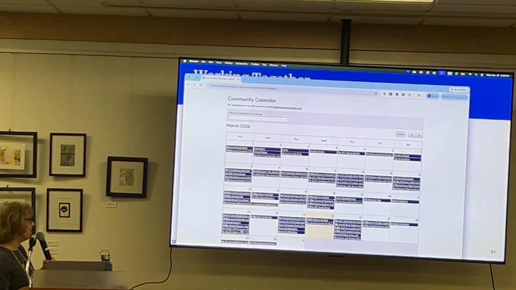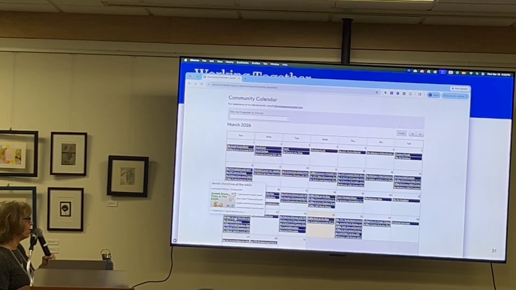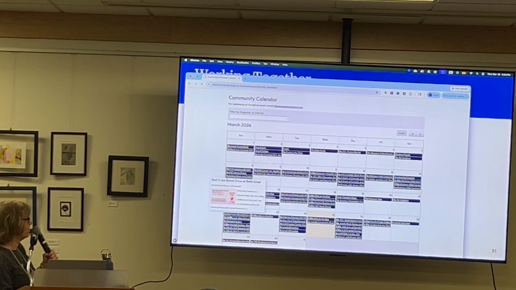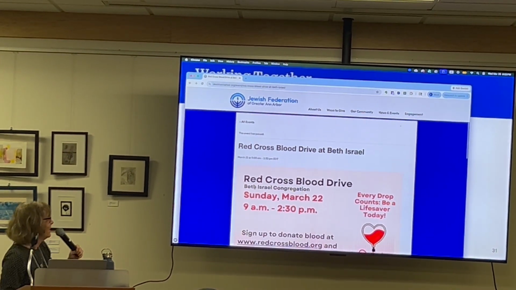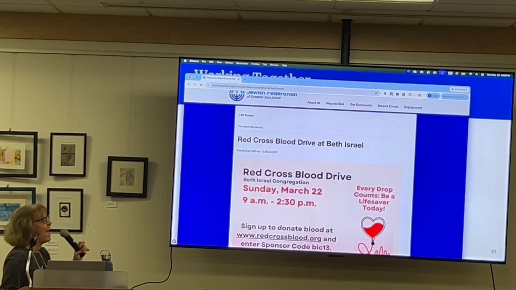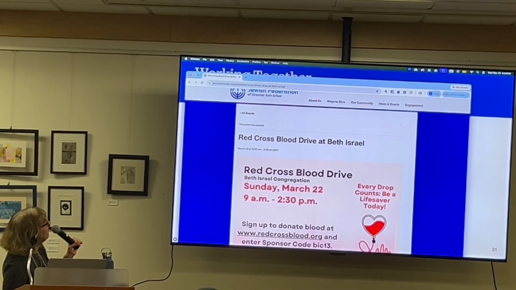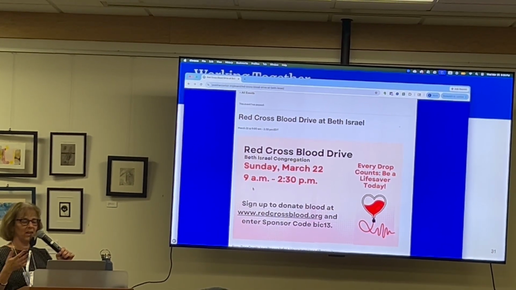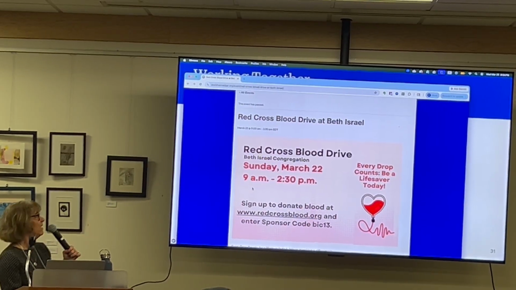Some of these, what they should do, see this one, here we go. All right, we'll use the blood drive, even though it's a sore spot for me right now. Had an unfortunate situation, but I'm doing great now. So you can see they put their flyer up here, so it looks like a real event. That's what we want to see.